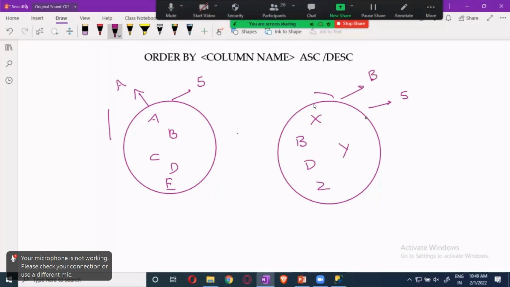Now, when I say union, you are going to display the data from this table and that table, but duplicates are removed. The duplicates are removed.